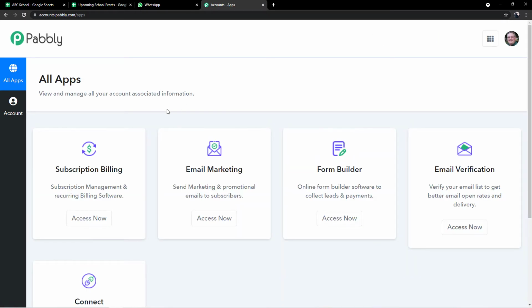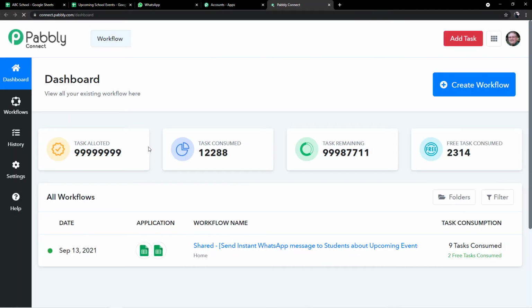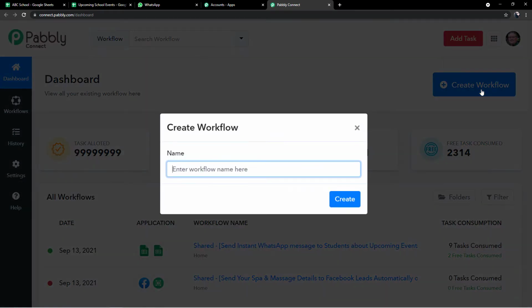So this is the all apps section of Pabbly. From here, come to this connect panel and click on access now. Alright, so this is the dashboard of Pabbly Connect. To start working here, you have to create workflows like these. So to create workflows, just click here on create workflow button. And here you have to enter a relevant name to your workflow. So I'm giving it as